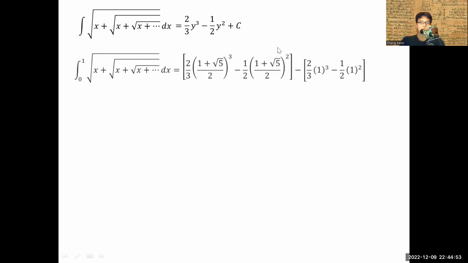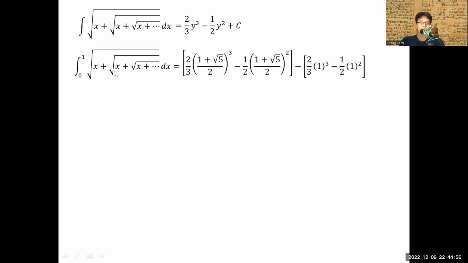So now we are going to write down the definite integral. Remember the indefinite integral that we have obtained just now? This is what we are going to use. Thus, the definite integral of the nested radical with respect to x, between the boundaries 0 to 1, is equal to 2/3 of the upper boundary. Remember, we are taking the upper boundary, which is (1 plus root 5)/2, to the power of 3, minus half of (1 plus root 5)/2, all squared,